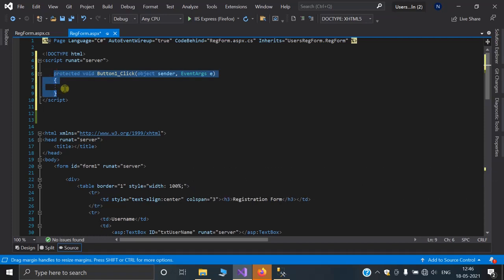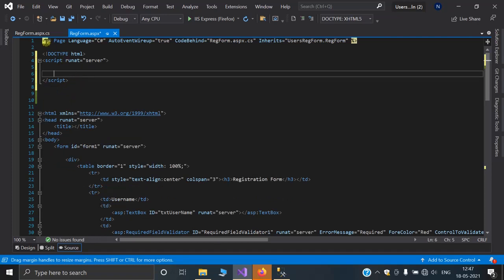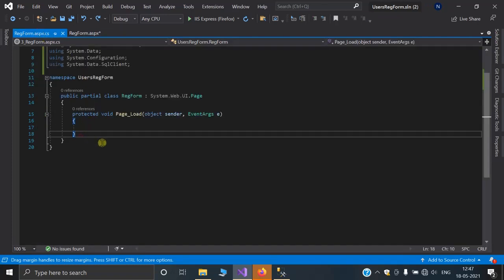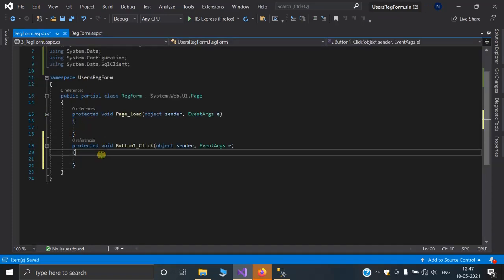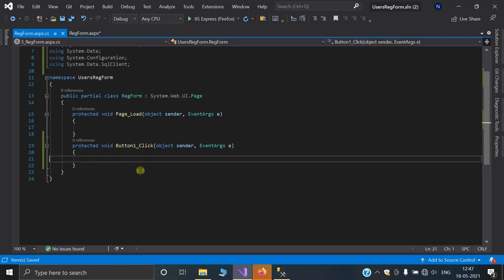For that you have to cut and paste this function to the server side. Let's do it. In this event handler function I will write code to save the user registered data into the database table. Let's see.